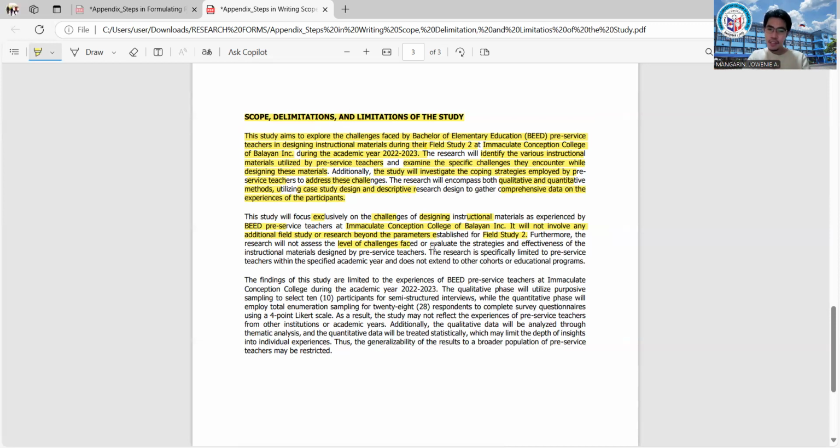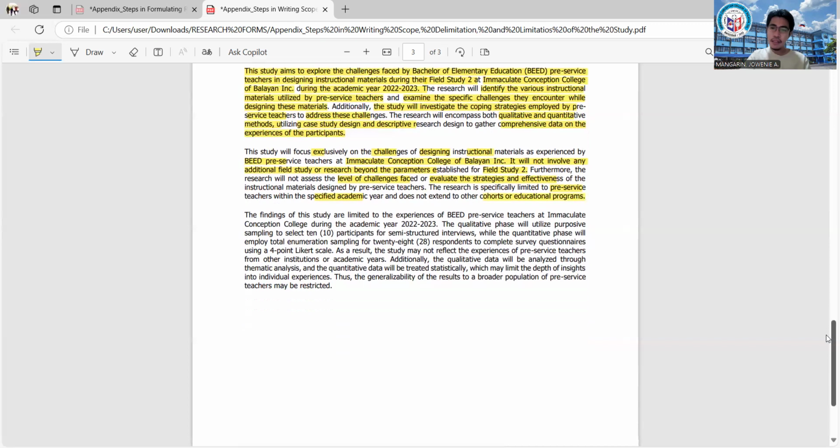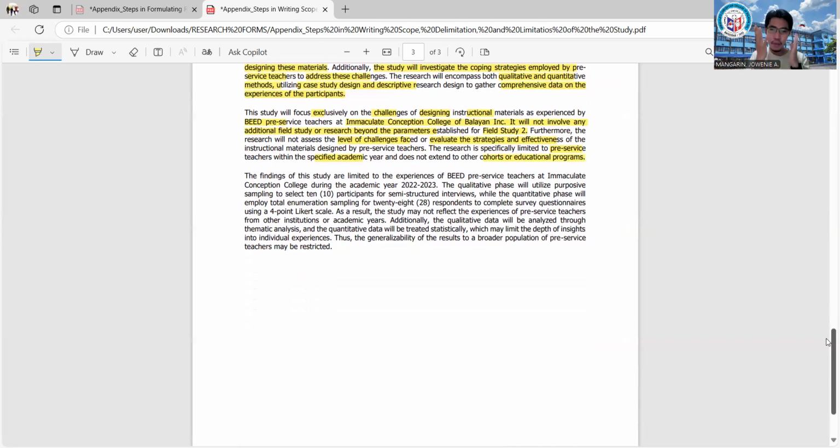And then hindi din nila purpose na i-evaluate yung effectiveness ng mga strategies, but rather, malaman lang yung mga strategies na ginamit. And then it is technically limited on the pre-service teachers lamang on that particular year. At yung mga susunod na pre-service teachers na hindi pa pasok sa taon na yun ay hindi na part ng kanilang study kasi it is not a cohort educational program. Okay po? And then for the limitation naman, which is the weaknesses of their paper, nag-focus sila on the methodological